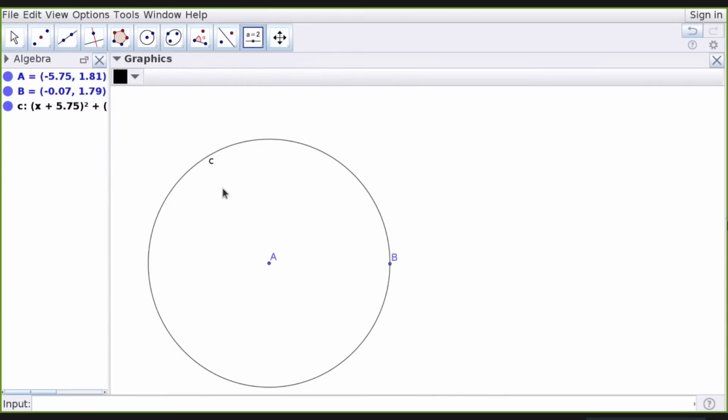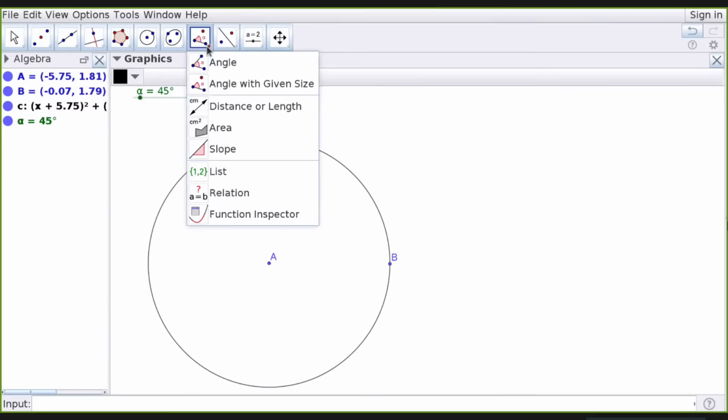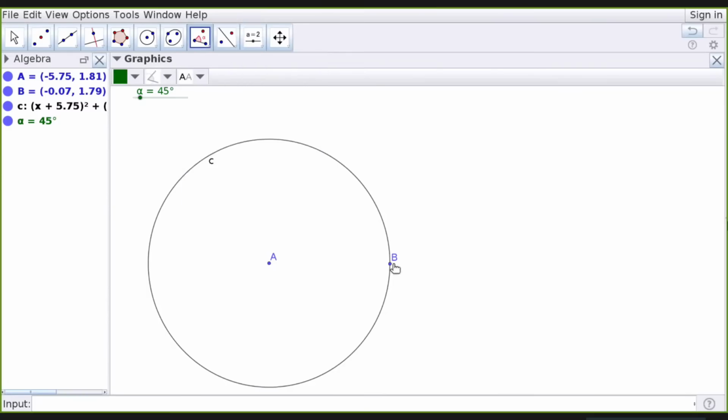Angle slider usually goes from 0 to 360 degree, so I will take 0 to 360 degree. Then I will mark the angle with given size B, A. It will ask what value you want to give. I will give alpha. No need to give alpha degree, I can give directly alpha because alpha is already measured in degree. So I got a point B prime.